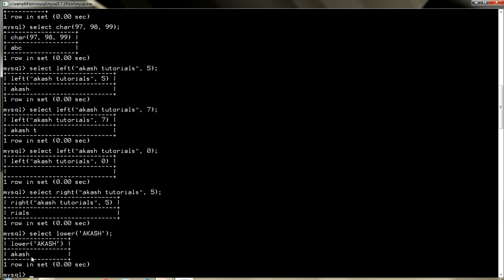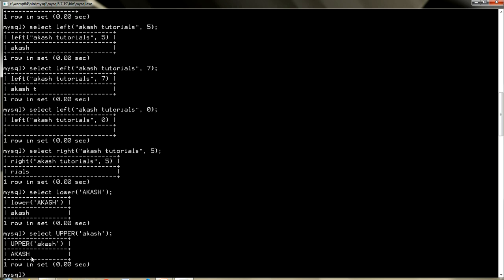You can use this to convert a string from uppercase into lowercase. And if something is written in lowercase and you want to convert it into uppercase, we have the function upper. Here you can write the string now in lowercase. It will return the string in uppercase.